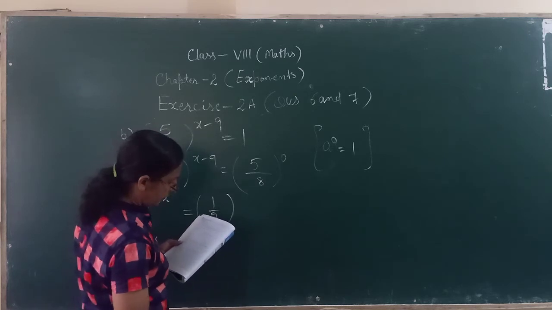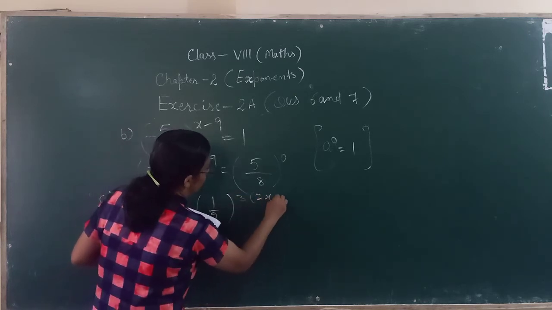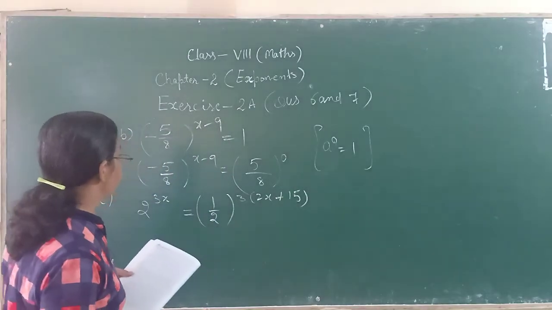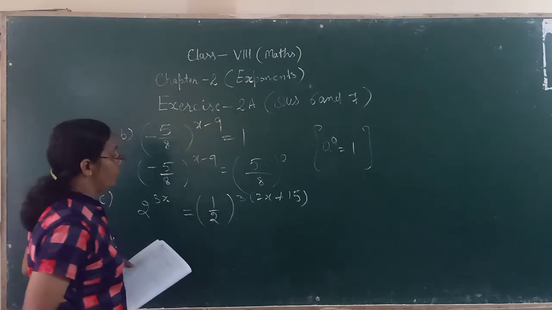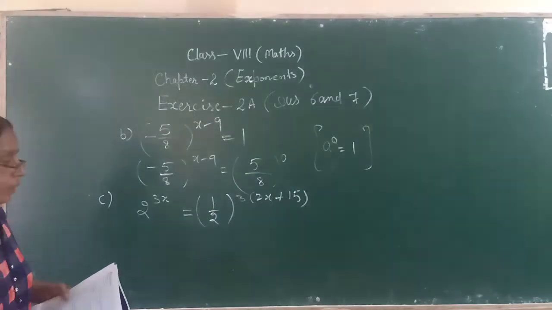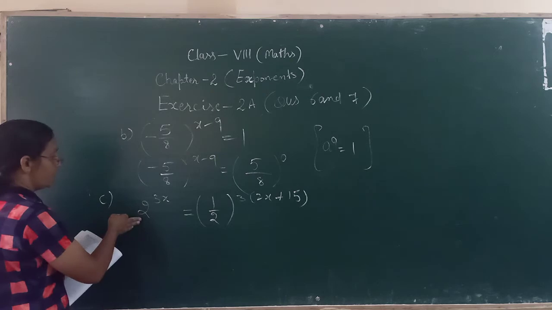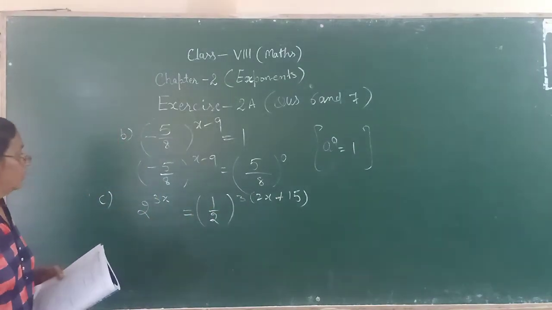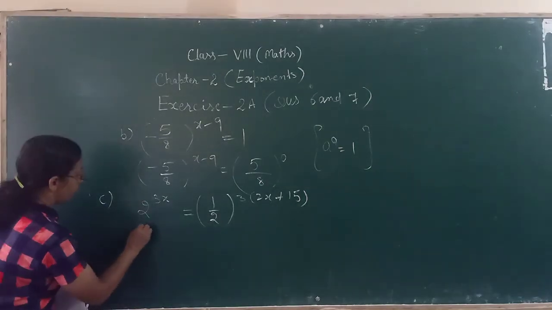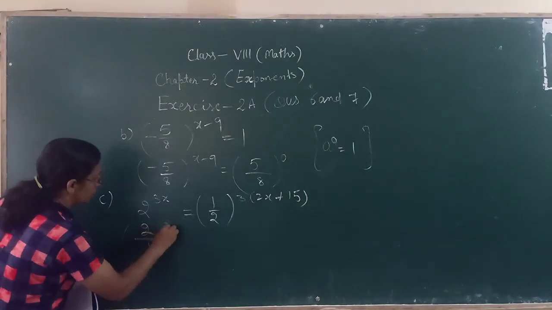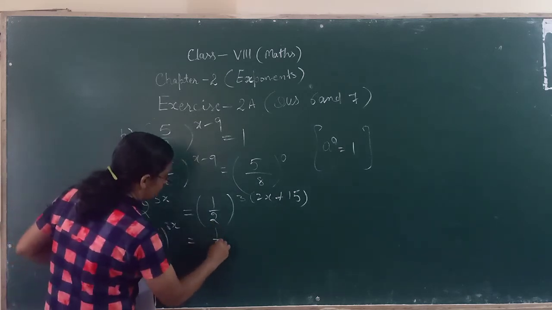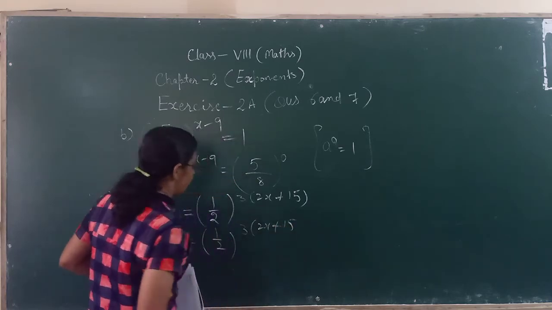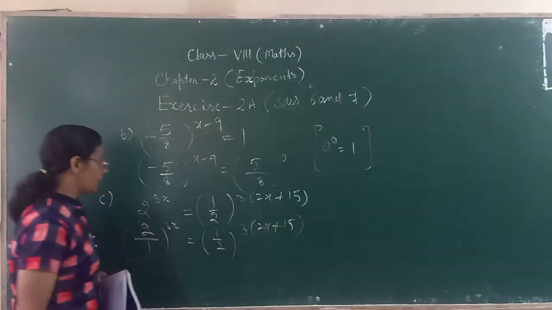raised to power 3 into 2x plus 15. 3 into 2x plus 15. There is a. So here bases again are not same. But can you do knowing this? Two conditions are there. Once you can change this also, or you can change this one also, as you wish. To know firstly, what can we say for this 2 raised to power 3x to 1/2? This will remain same. आप इसमें कोई चेंज नहीं करेंगे, एक ही चेंज करना है आपको.